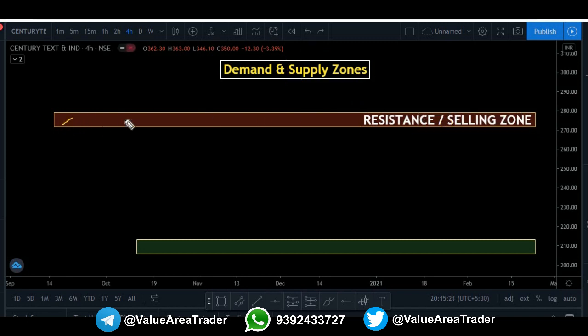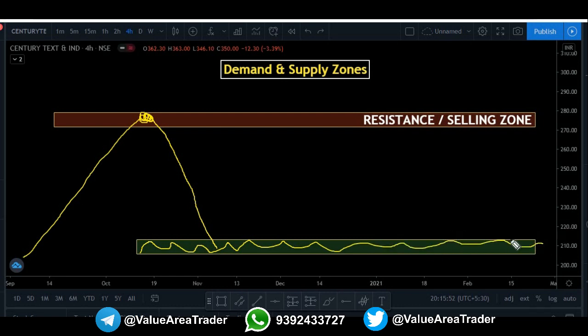That means there is a particular area in the chart where people take profits whenever price reaches there. Whenever price reaches there, people again start selling their stocks and the price goes down again. As you know, whenever you buy, the price goes up, and when you sell, the price goes down. When people take profits, the price slowly comes down, down, down, and there comes a particular point where people get interested in buying the stock, because the rates are low now.